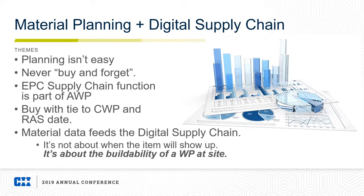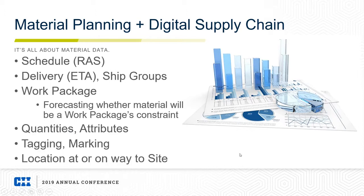And if we add this value, we inform projects not just of when something will show up at site, but that the work package can be built. Constraint-free work package reporting is what drives our goals. And healthy data to do that is the key. So on the next slide, the types of data